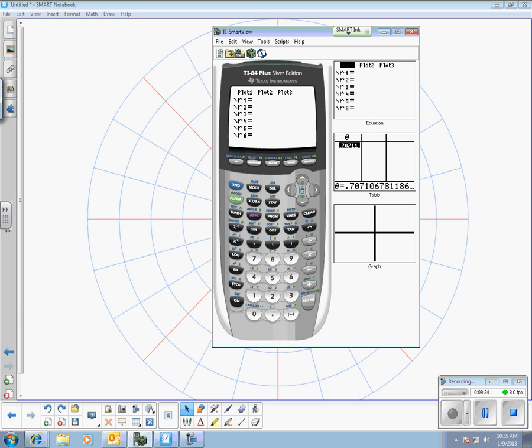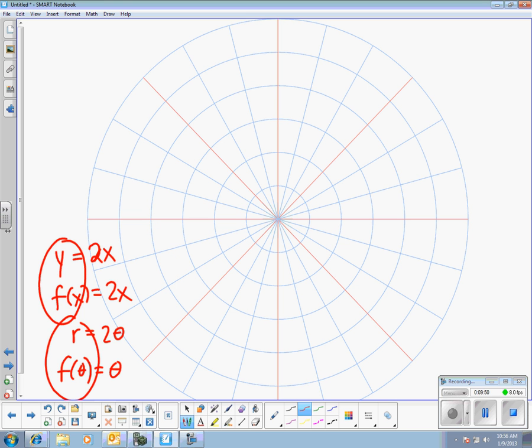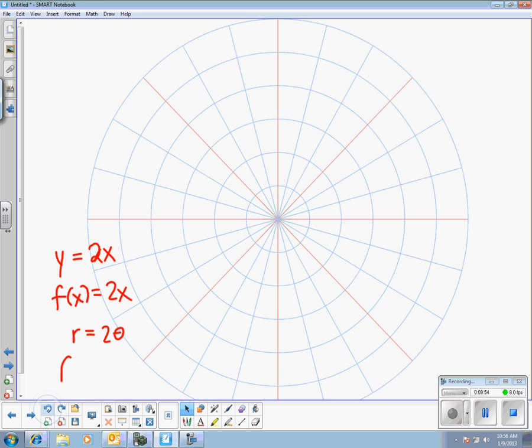So our functions are now, we used to have y in terms of x, or we could have written it like f of x in terms of x. Well, now we are in polar, so it's r in terms of theta, or f of theta in terms of theta. R and f of theta are the same, just like y and f of x are the same. So that little side note aside,